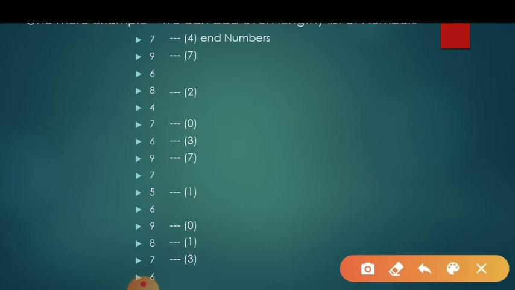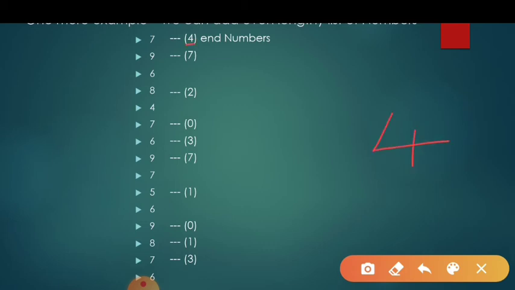The answer comes 8. Now the 8 is less than 10. Now add 9 also. The answer comes 7. So write 9 after 7. Now add 7 and 7. The answer comes 14. So here you have to write 4, and the 4 is the end number of this sum. Nothing else. Now you have to write the end number here, 4.